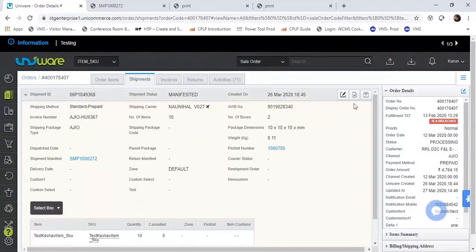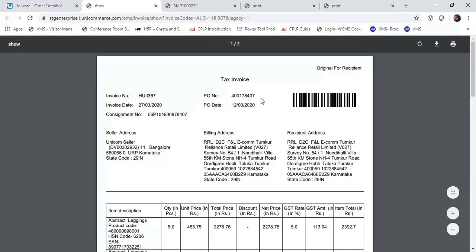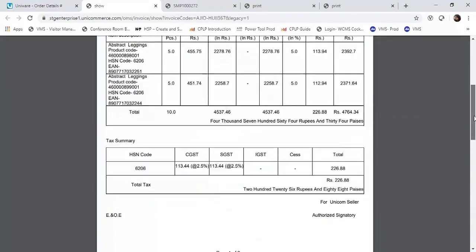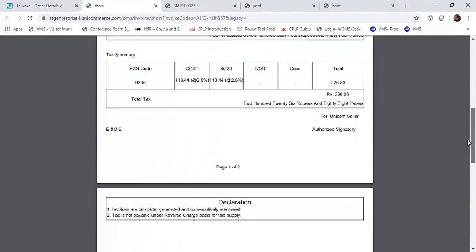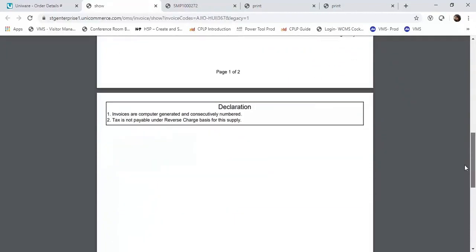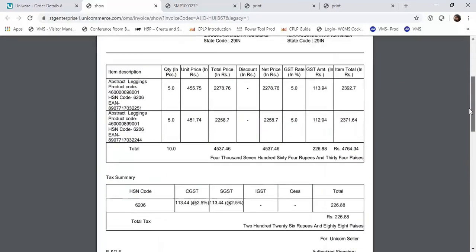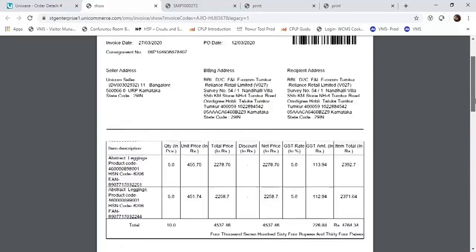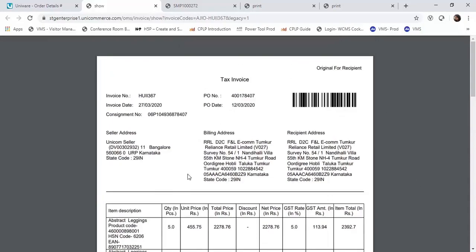And you can click here on this icon to print the invoice. This is how your invoice will look. You have to take a print of this invoice and you have to put your seal and signature and you have to submit the hard copy with the shipment.